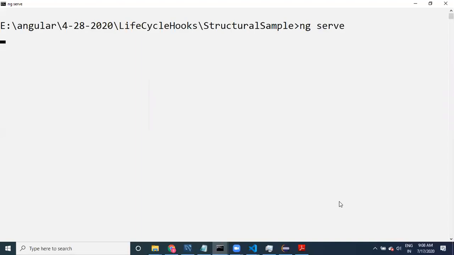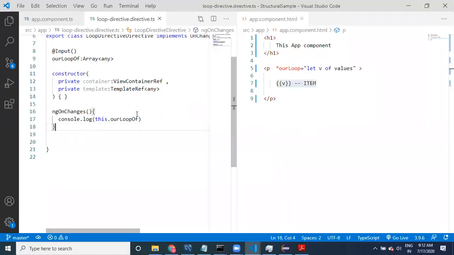It is going to get started. Okay, see, we have provided ngOnChanges and then we are printing it, and then we have taken two references. Of course it is working, the values are getting printed. Now we have taken these two references. Container is this paragraph right now. If we use div, the div is going to be the container.